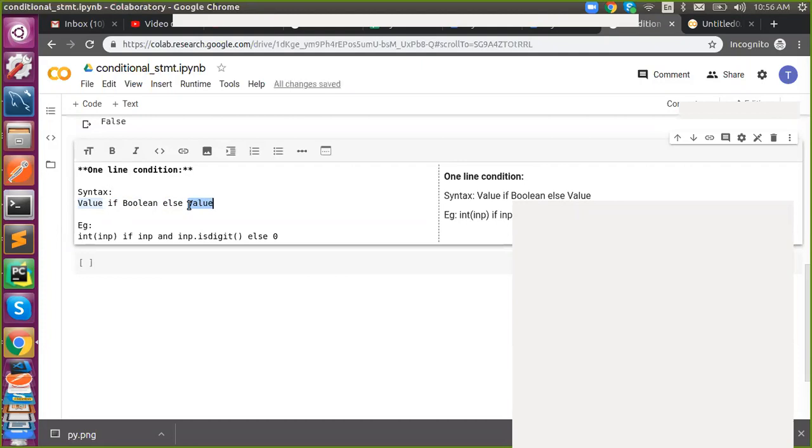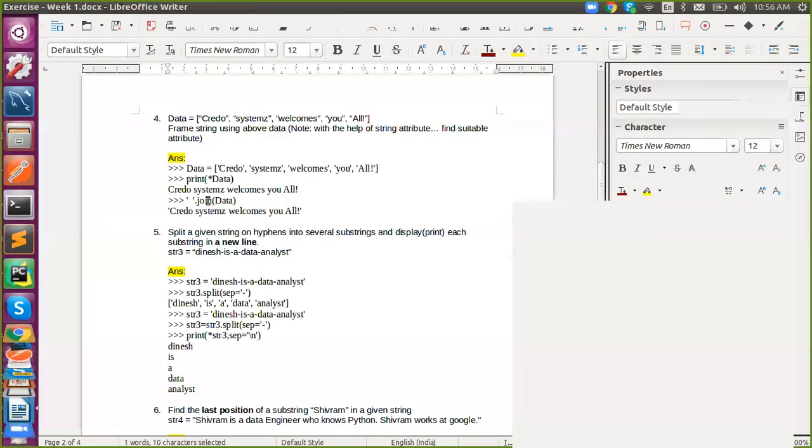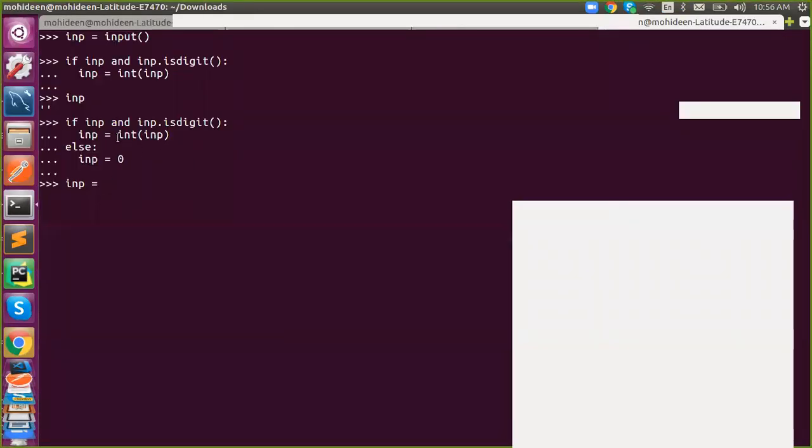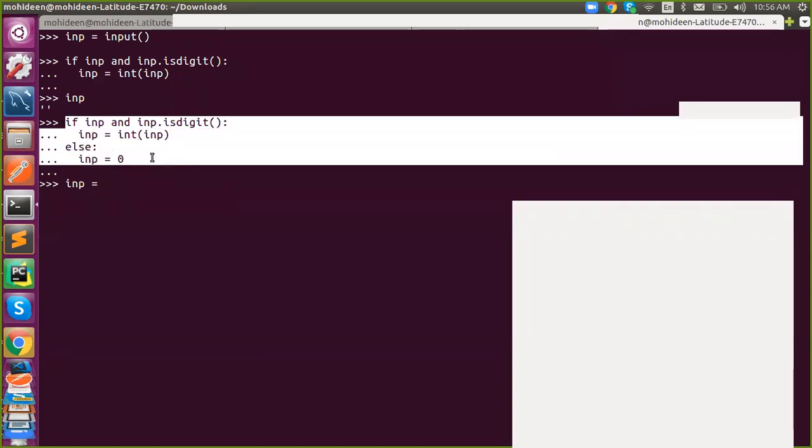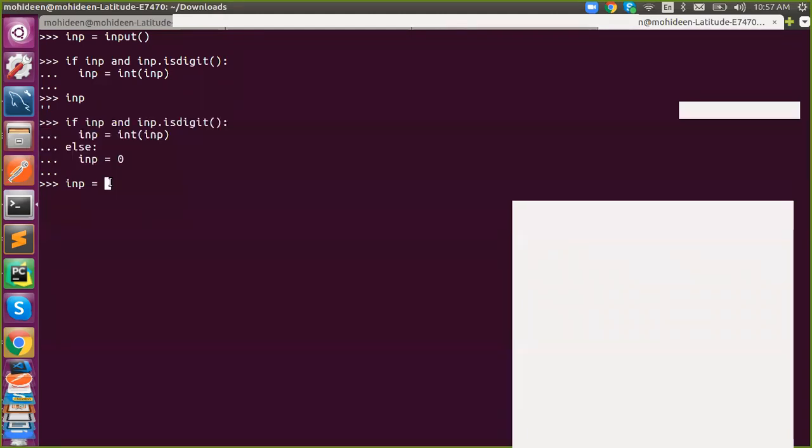If your conditional block contains more than one expression, then this is not possible. So here my ideal goal is to create a single variable with one value, right? Then this is possible. Now I can convert the 4-line expression into one line. Ideally I'm going to create one variable, that is INP, so I take it outside the condition. You all know the variable assignment operator, and by default the initial value is this int of INP.